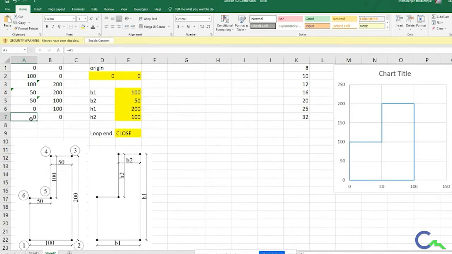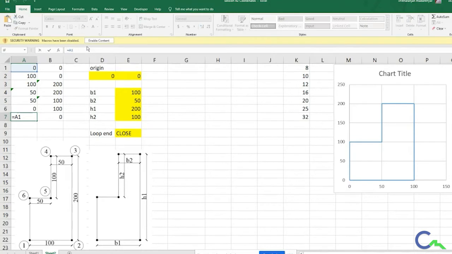If the loop is closed, I want to get back this A1 and B1 value, or else I have to get this A6 and B6 value. Try to understand. If it is closed, I have to get 0 0, or else I have to get 0 and 100. So that logic statement I will give here.